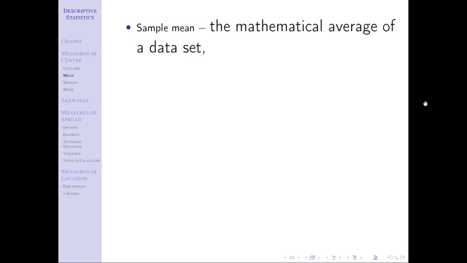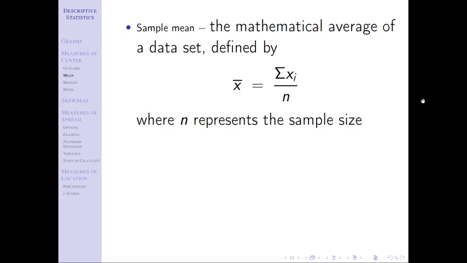A sample mean is the mathematical average of a data set. Its definition is listed below. Now, these may be some new symbols for you, maybe not. X bar is the symbol that we're going to use when defining the sample mean. This is our first of many symbols that we're going to have. So anytime you see X bar, you think sample mean. Anytime you think sample mean, you think X bar. What this means is this capital Greek letter sigma is summation. So we're going to sum up all the individual x's and divide by n.